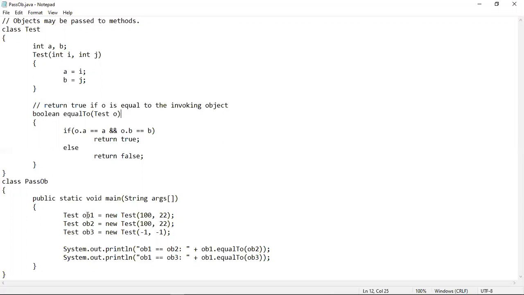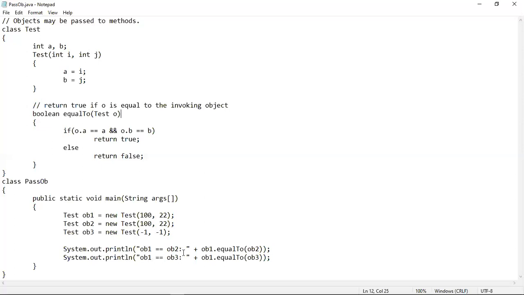Now using the object ob1, we have passed two values, 1 and 2, into these two parameters i and j. Using the second object ob2, we have again passed the same values to these parameters. And using the third object ob3, we have passed a different set of values, -1 and -1, to these parameters. Now, two System.out.println statements are written.